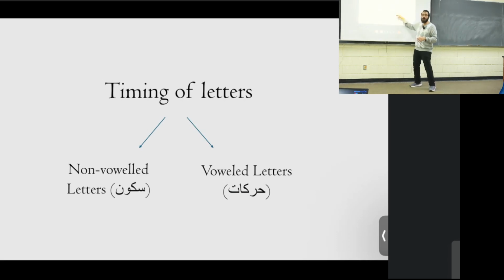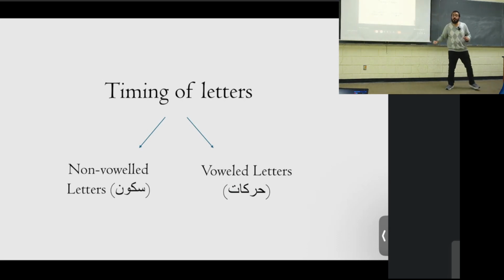So, we have normal vowel letters, and we have letters that have sukoon. Vowel letters, they have similar timing. Ra, ba, sa, da. They all have the same timing. You shouldn't say ja'a, you say ja'a, ja'alakum. So you don't spend much time. Each harakah should take the same amount of time. Right?